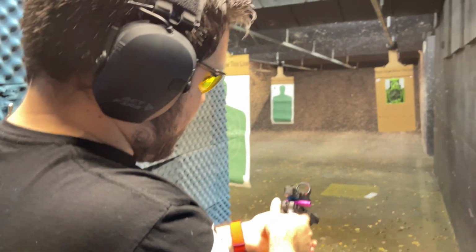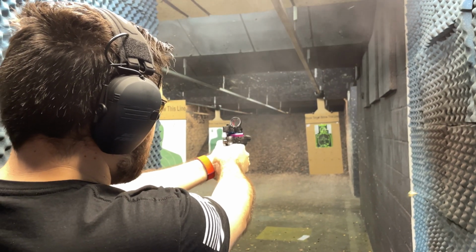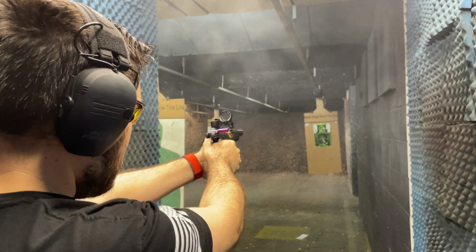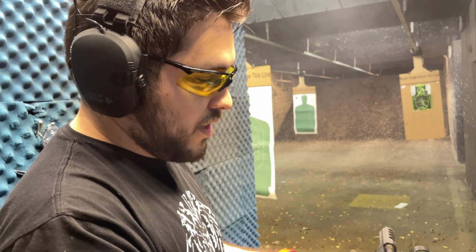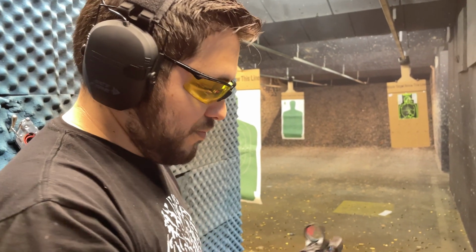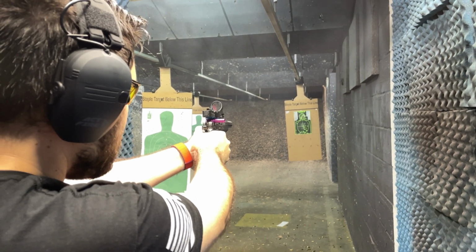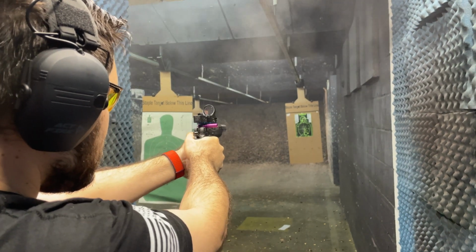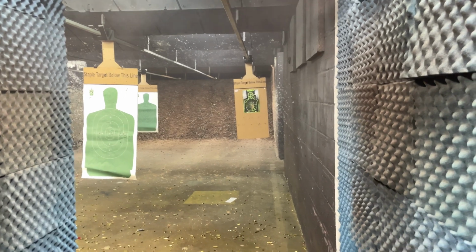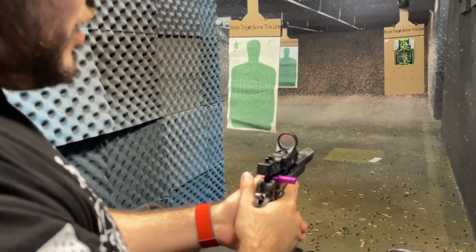trigger. The red dot sight makes it really easy to get back on target. Feels like a parachute. I'm pretty sure it's just a combination of both the weight and the muzzle brake, but it does not feel barely any recoil. So. See on the target, with it. I've got a piece of that target itself, but yeah, beautiful gun. Other than that, man, it's awesome. I don't know if you can carry it, but